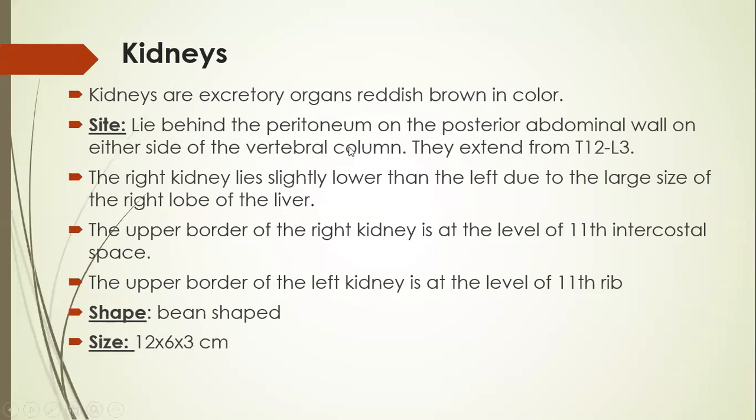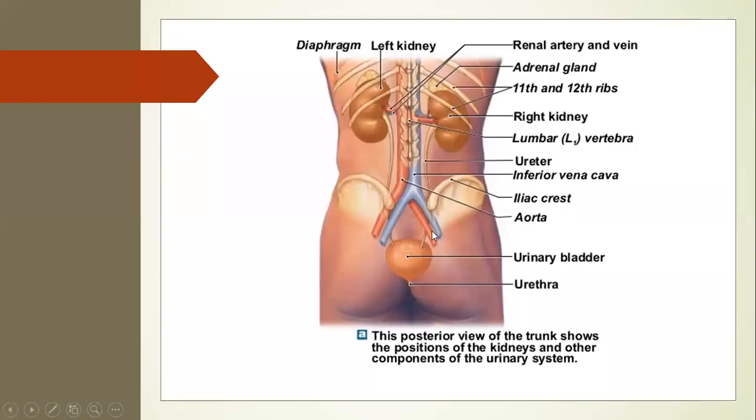It is retroperitoneal in position on the posterior abdominal wall on either side of the vertebral column. As you can see in this picture, this is the vertebral column. This is the picture seen from behind, so that you can appreciate the kidney from behind. It can be easily approached from behind. If you want to do any surgeries on the kidney, then you have to cut open the posterior abdominal wall because it is retroperitoneal, behind the peritoneum. So it can be easily approached from behind.